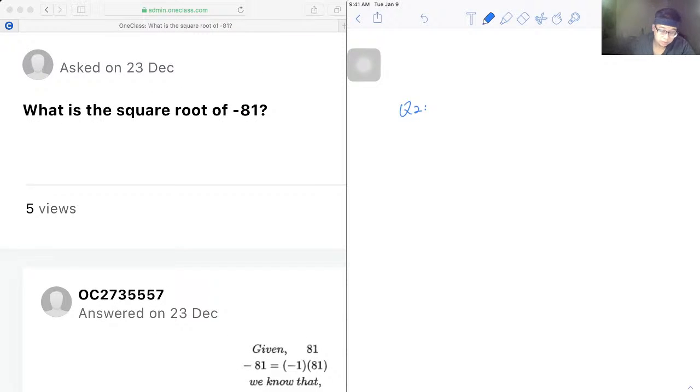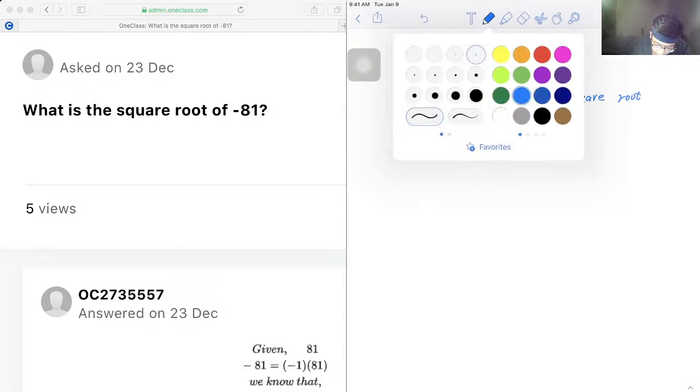All right, so the second question today is asking us, what is the square root of negative 81? Okay, so first,